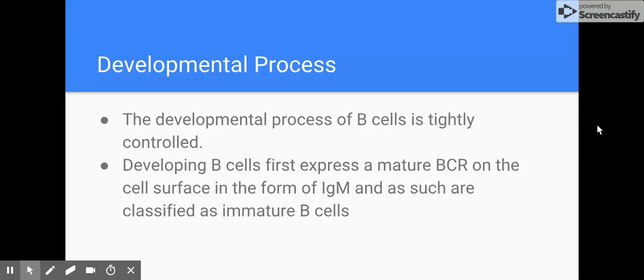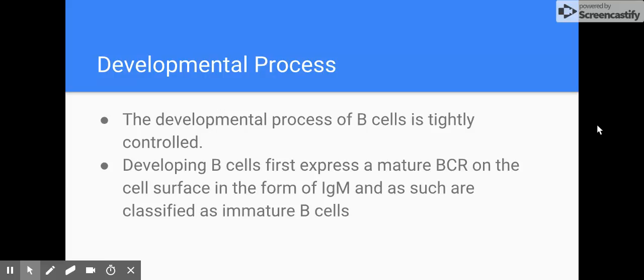B cell generation in the bone marrow of adult mammals occurs through a tightly controlled developmental process. Productive rearrangement of immunoglobulin heavy and light chain gene segments in B lymphocyte precursor cells, in addition to the expression of Ig alpha or CD79A and Ig beta or CD79B, result in the generation and the expression on the cell surface of a mature B cell antigen receptor, also known as BCR. Whereas the combination of IgH and L chains determines the antigenic specificity of the newly formed BCR, their association with the Ig alpha and the Ig beta allows transduction of a signal inside the cell that directs